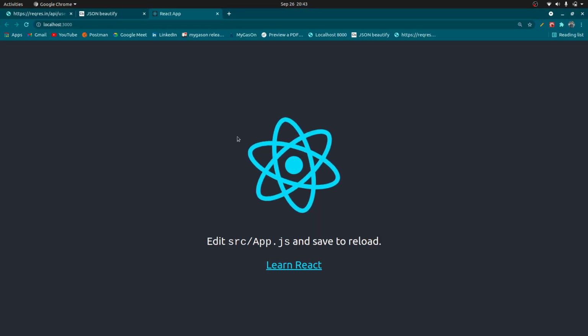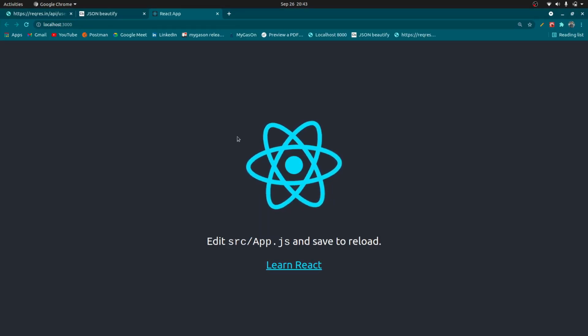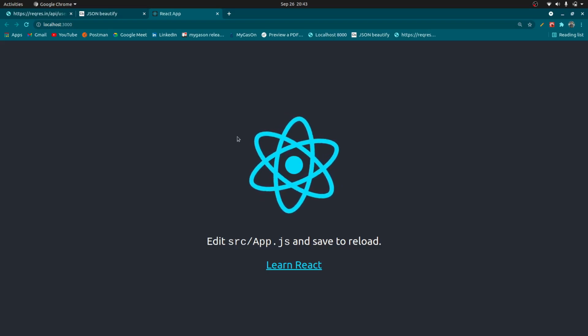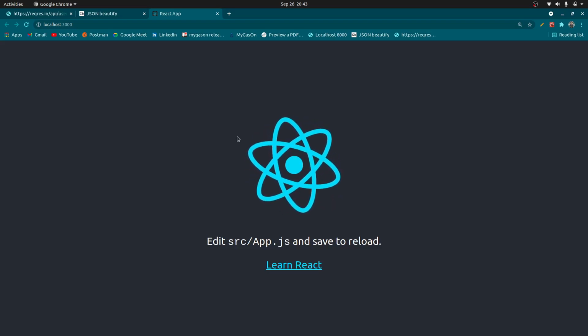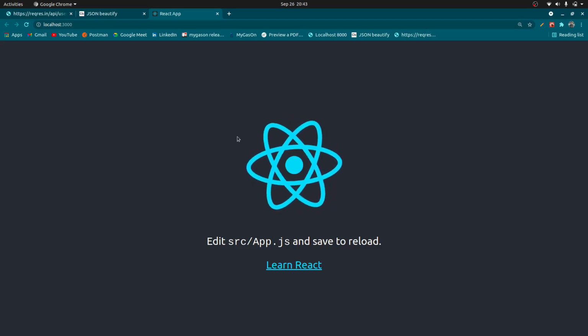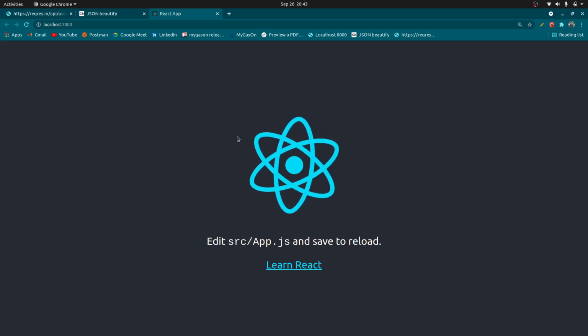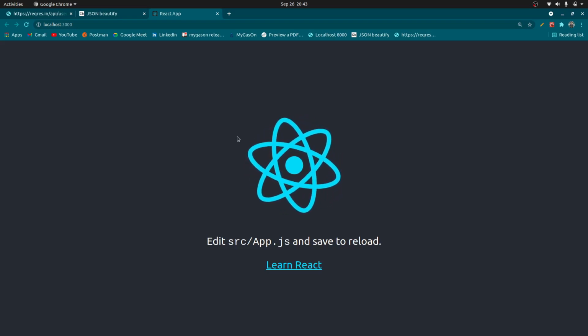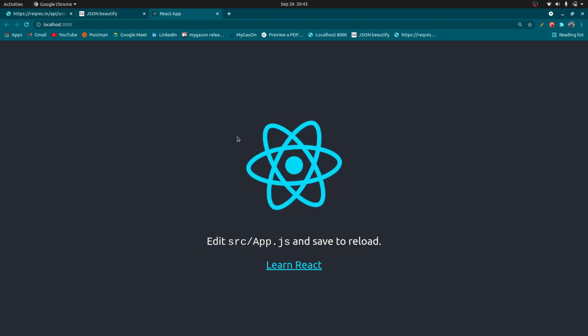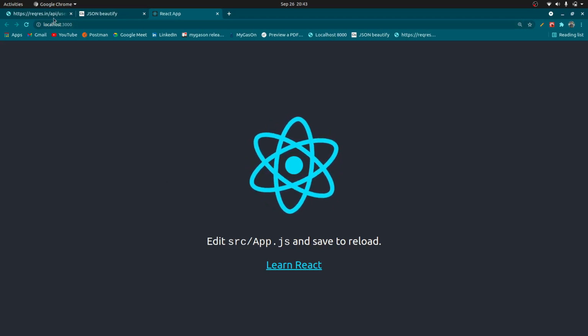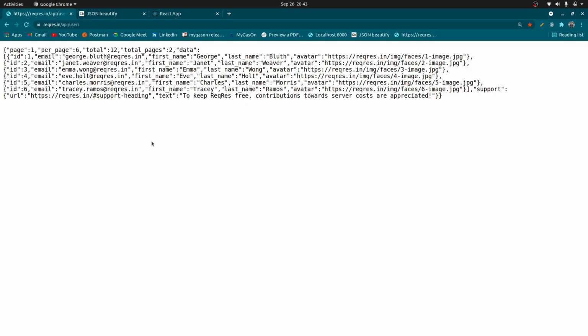We are going to learn how to use the fetch function of JavaScript and get some data from a particular URL and show it in our application. So I am using React as frontend here, and I'll be calling a URL request.in/API/user that is mentioned in the screen, if you can see here, and it will give me some data, data of the users, basically a user list